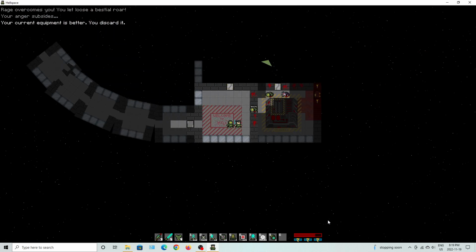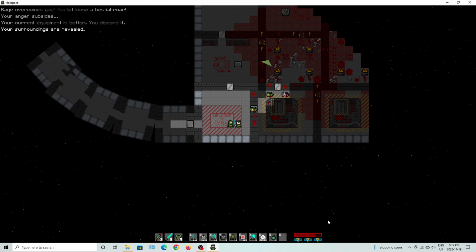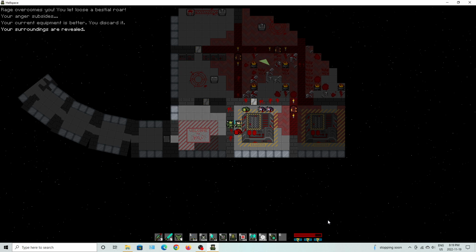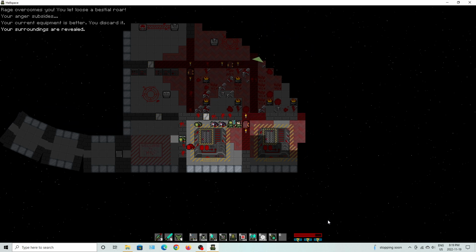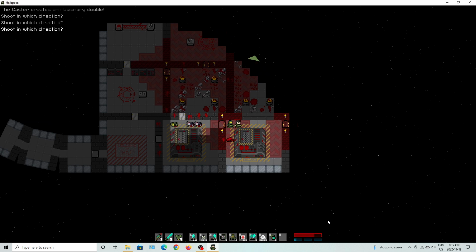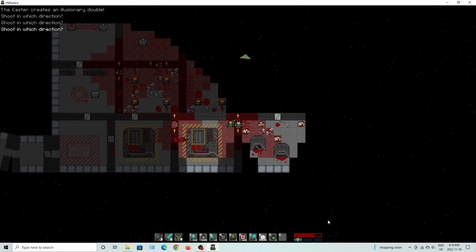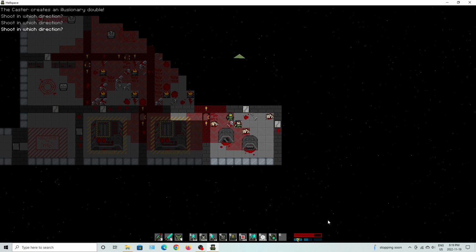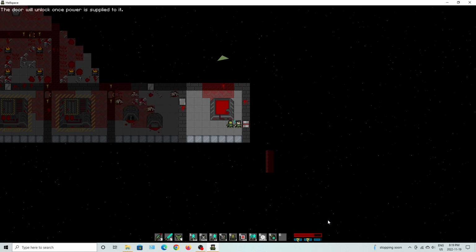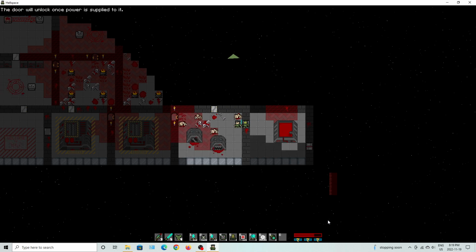I'll use the all mapper at this point, so we'll do this. Your shrines are basically revealed, so it gives me an idea what's going on here. So here's a caster. Let's just shoot that guy down. And some unlucky corpses in this room. Alright, so now if I try and get to this door here, it won't open because of the power, so...